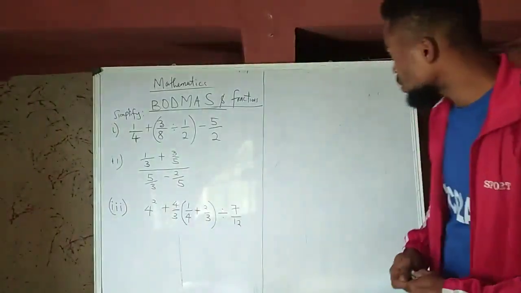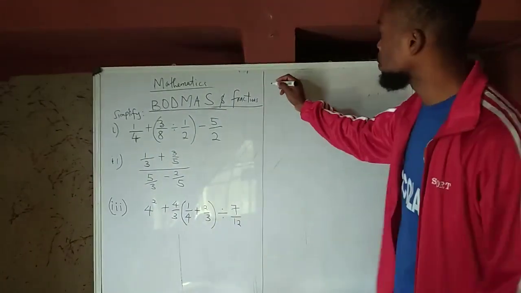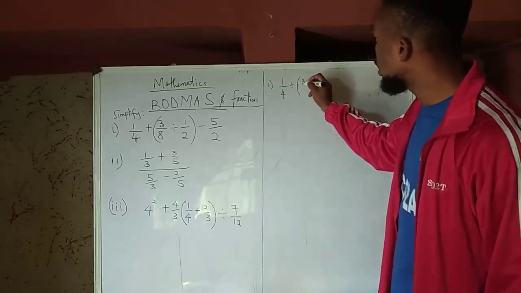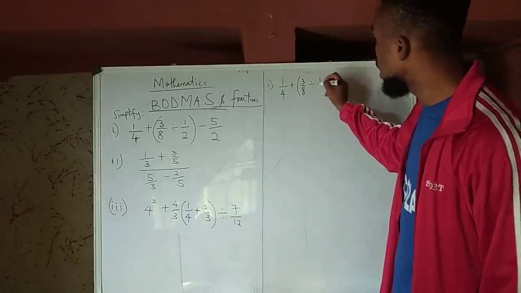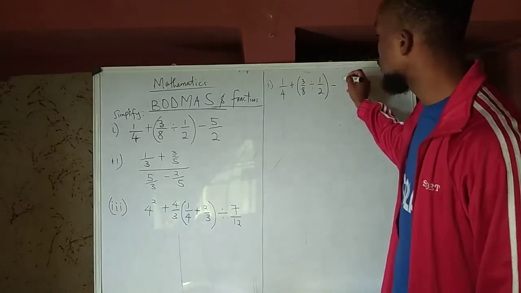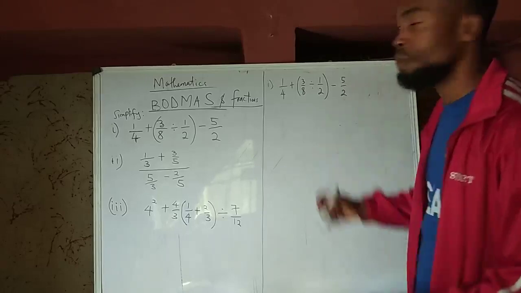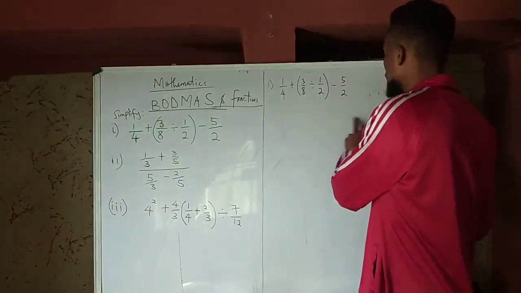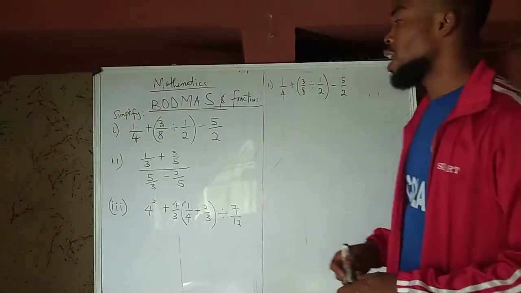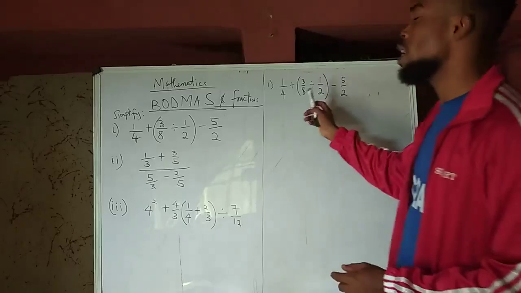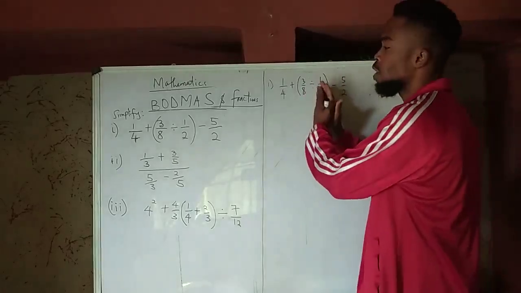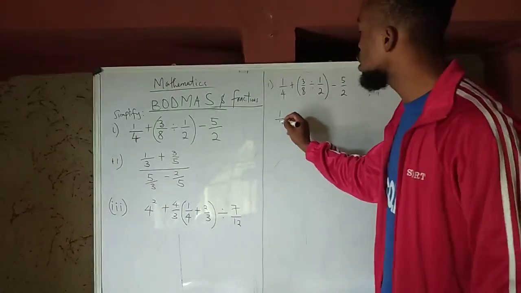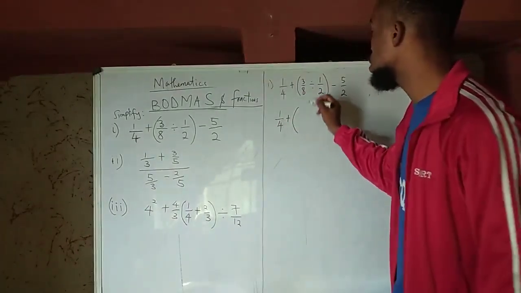Alright, so let's start with the first one. Here we have 1 over 4 plus 3 over 8 divided by 1 over 2, minus 5 over 2. You see, this problem is simple. Like I said earlier, what do we do in problems like this? We start solving from the bracket. So how do we solve what is in the bracket? This is going to be 1 over 4 plus the bracket of